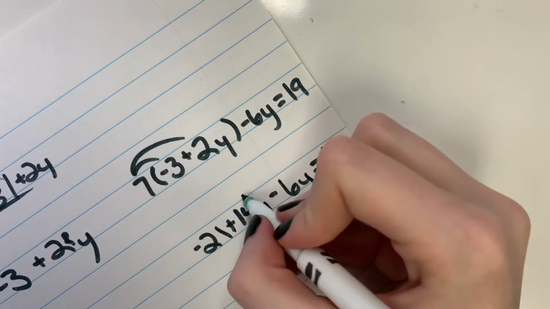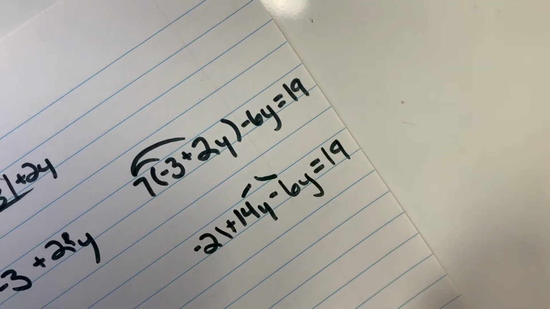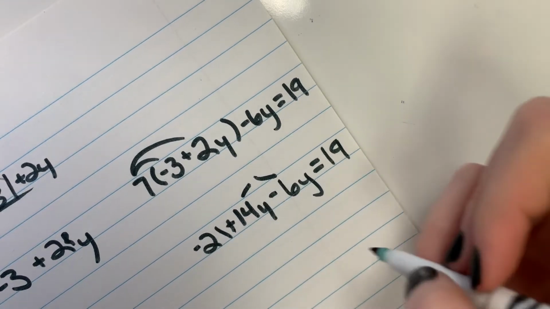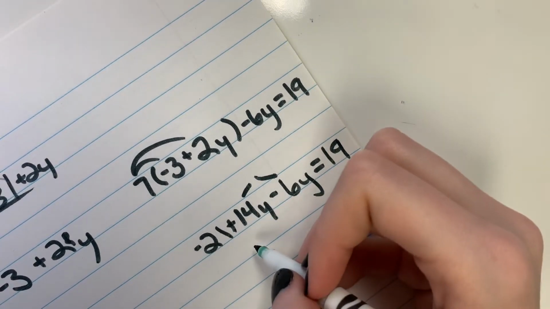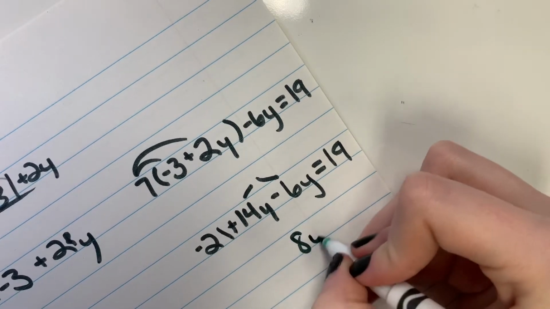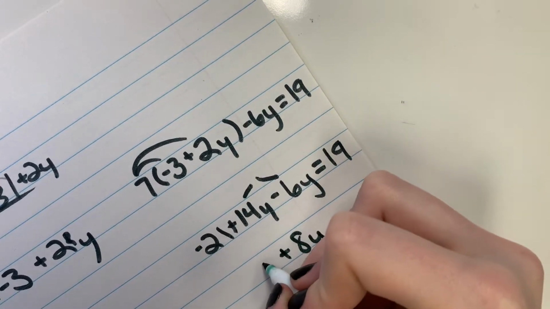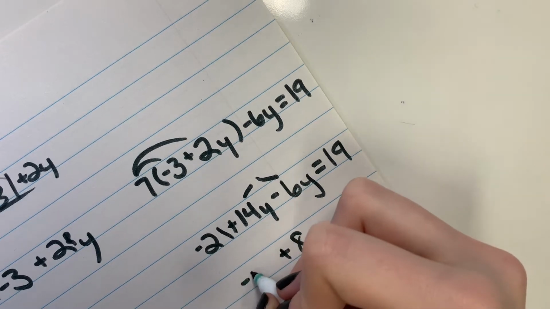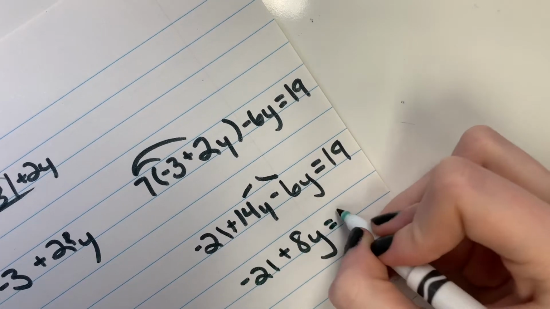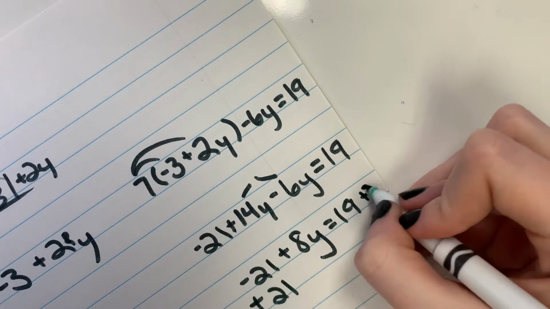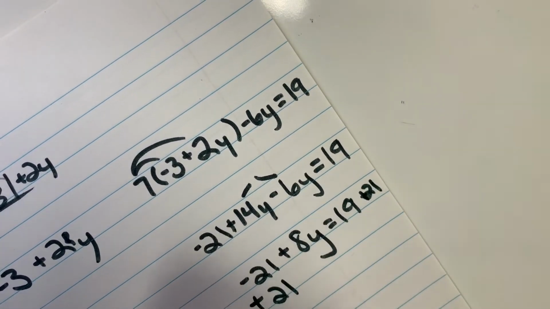And then since we have 2 y's, we can bring them together and combine like terms. Yeah, and 14 minus 6 is 8. So it's 8y plus negative 21 equals 19. And then you can add 21 to both sides. And that would equal out to